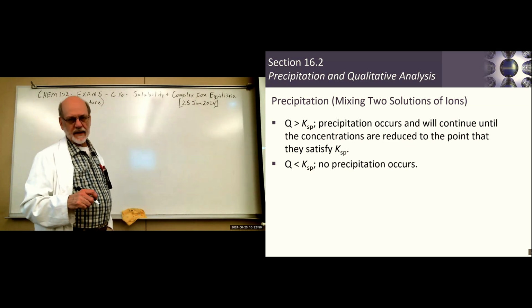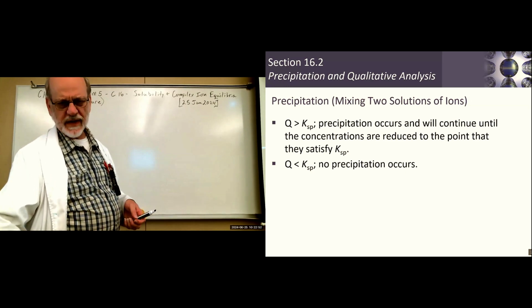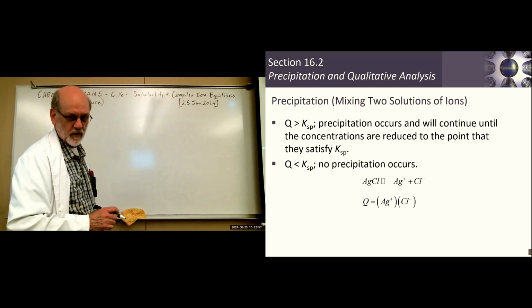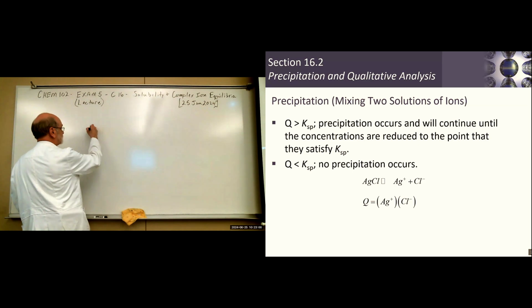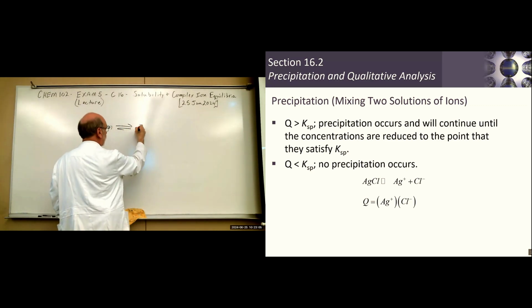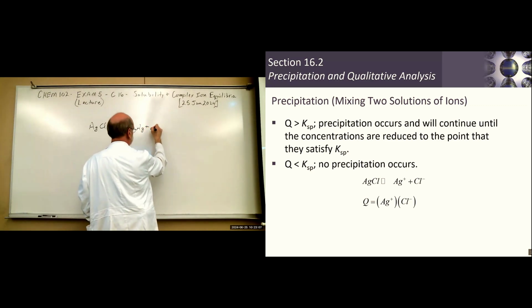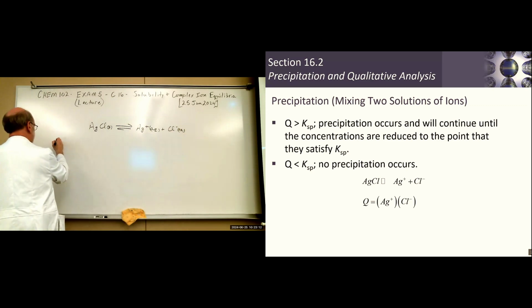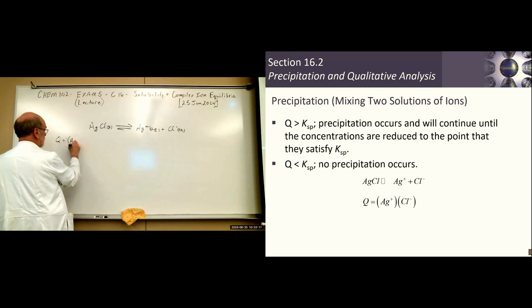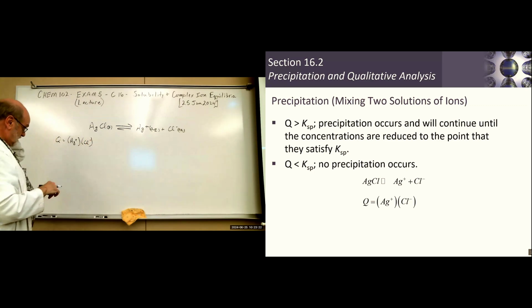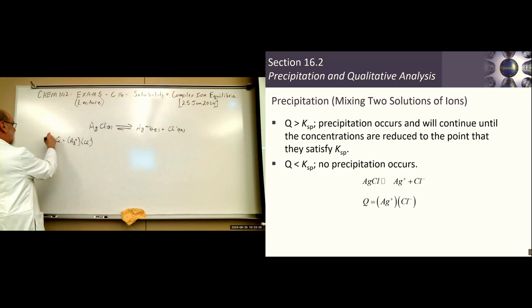So let's see, don't we have an example? Yeah, there's our example. So you remember how to calculate Q. I'll stop erasing this thing because I have to move on. Okay. So the Q is equal to the actual concentration of silver ions times chloride ions. Right? So compared to KSP,